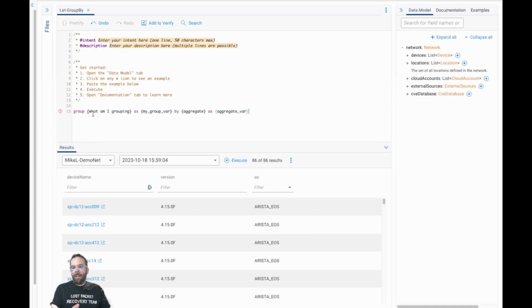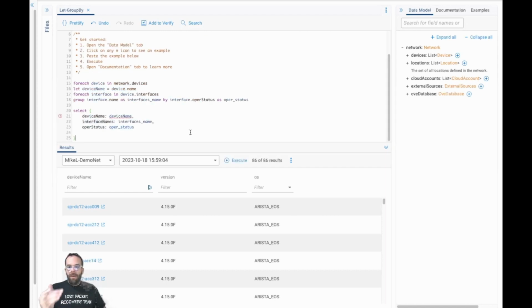So group, what am I grouping as a group variable, by the aggregate that I'm grouping to and the aggregate variable. So in this case, if we wanted to group all interface names by their operational status, we would run this NQE query,